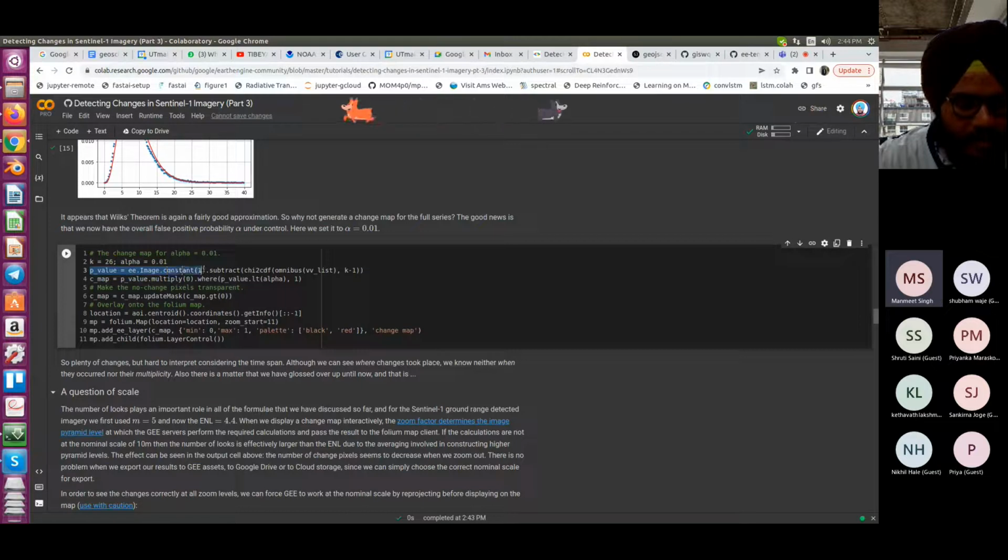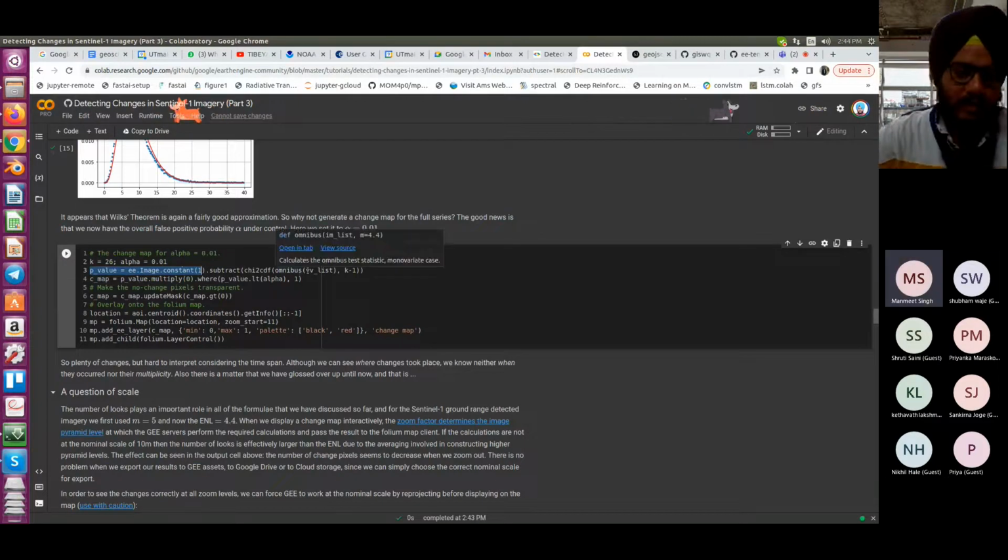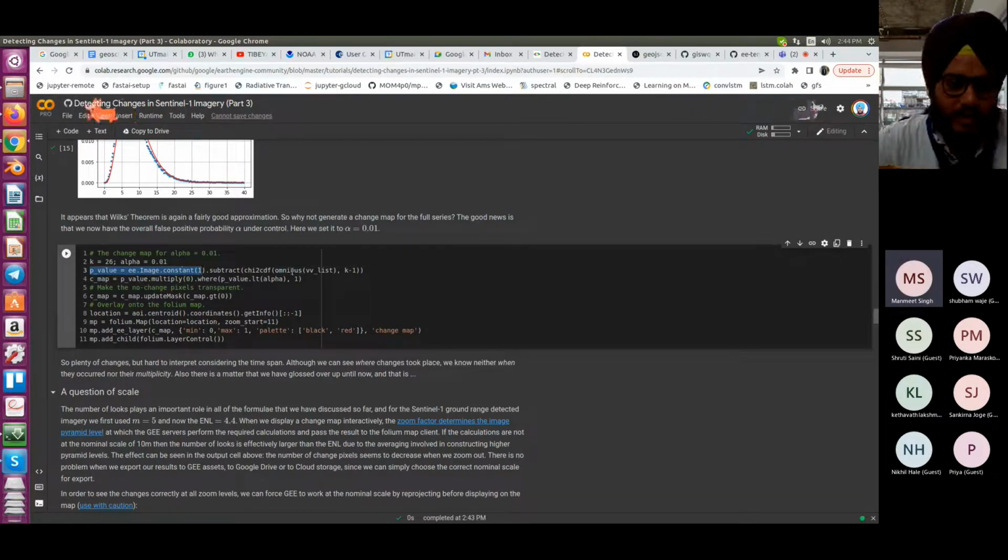So basically 1 minus chi-square distribution, and you find out with k minus 1 degrees of freedom and with VV list, and then you compute the cmap, which is p value dot multiply with 0 where p value is less than alpha, otherwise you multiply with 1,